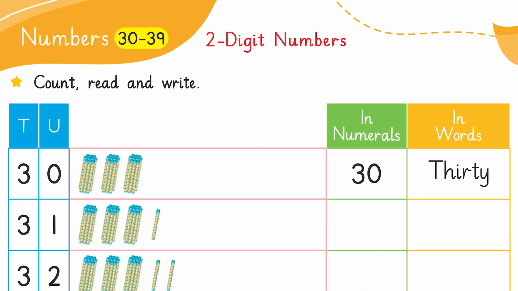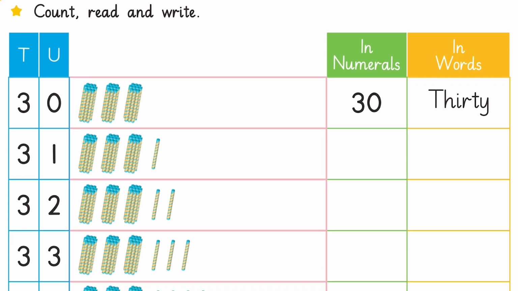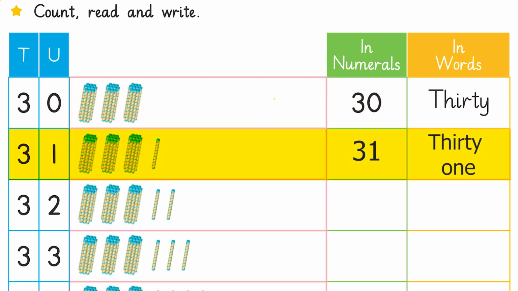Then on the next page, it is also saying 2-digit numbers from 30 to 39. Now we have 3 bundles because each bundle has 10. 10, 20 and 30. Number over here and words over here. 10, 20, 30, 31. 31 over here and in words